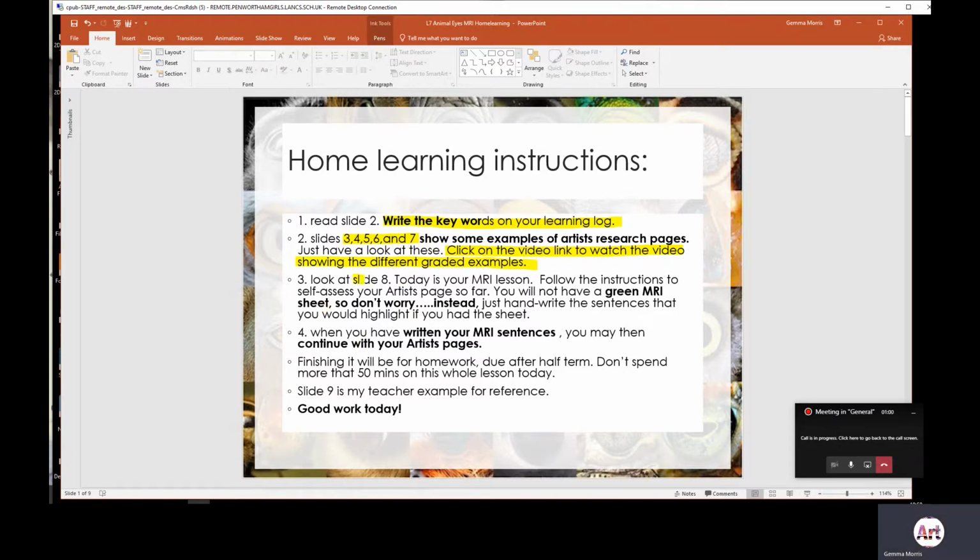Then you'll look at slide 8. As I said before, today is your MRI lesson. So you're going to follow the instructions to self-assess your artist research page so far. Remember, you aren't in lesson, so you won't have access to a green MRI sheet, but don't worry. Instead, you're going to handwrite the sentences that apply. Then, once you have done your MRI, you'll then act on these written MRI sentences and continue with your artist